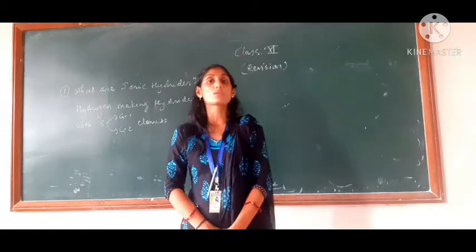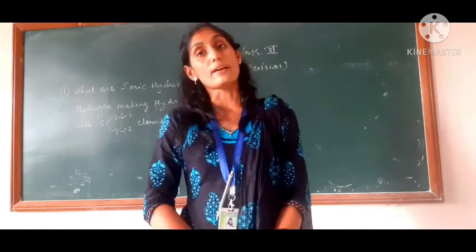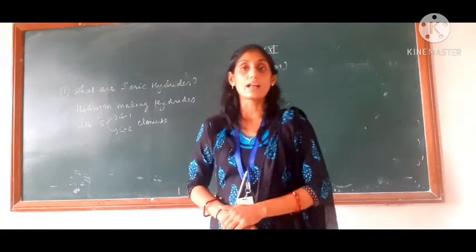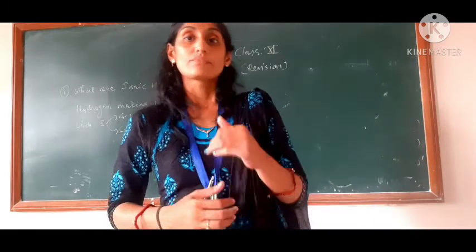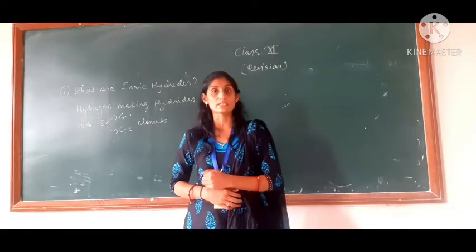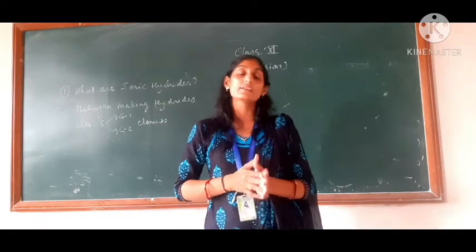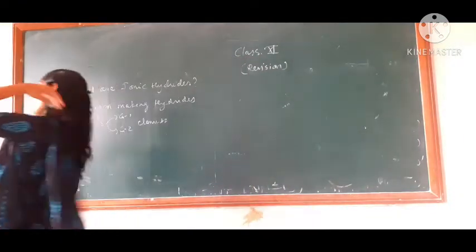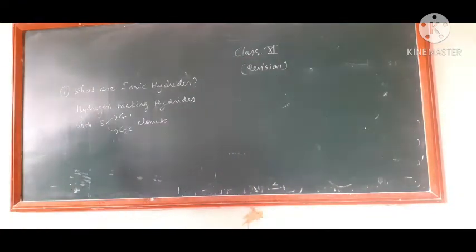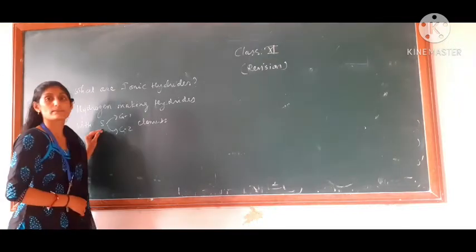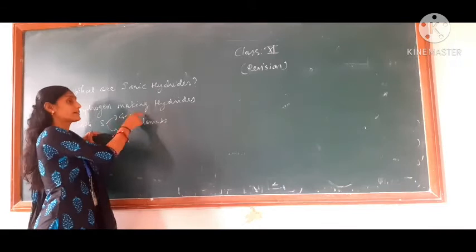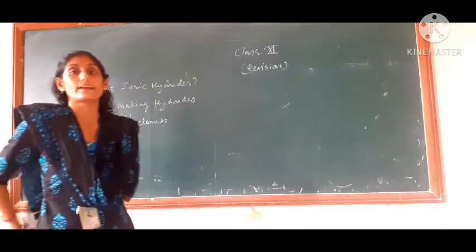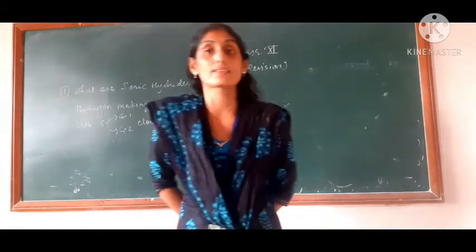When we talk about the property of conducting electricity in the solid state, these hydrides do not allow electricity to pass through, but in the molten state, that means when we dissolve them in water, then they allow the passage of electricity. So what are ionic hydrides? You can write that hydrogen forms compounds, that is hydrides, with S block elements. We know the S block has group 1 alkali metals and group 2 alkaline earth metals. Whenever hydrogen forms hydrides with them, they are known as ionic hydrides.